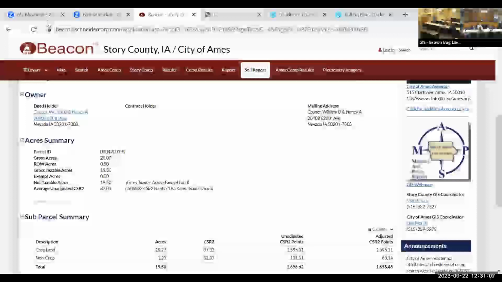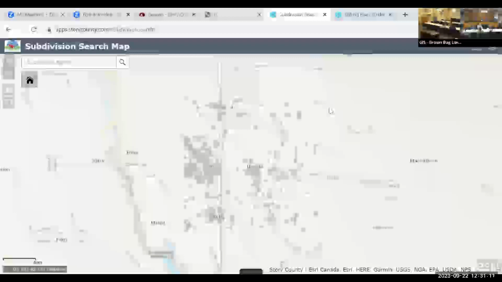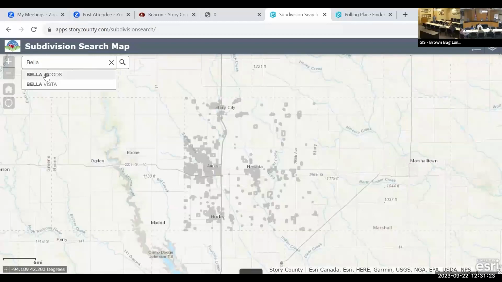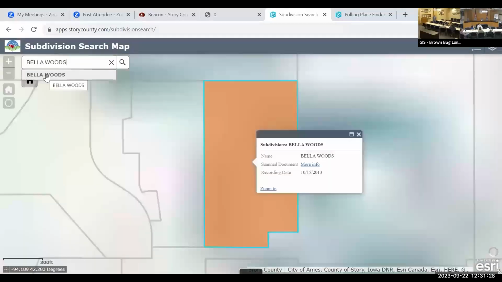I know that little bar kind of gets in the way. Yeah, let's go to the subdivision search. On the left-hand side, where it says subdivision name, start typing in Bella, and hopefully it pops up. Okay, so it does pop up. So do Bella Woods, it'll pop up.